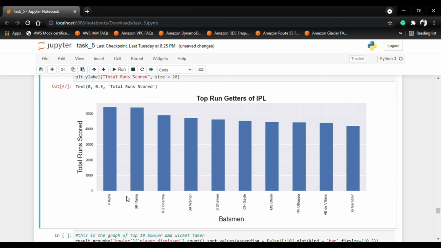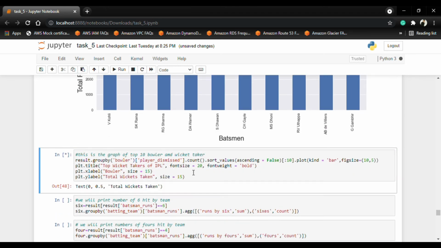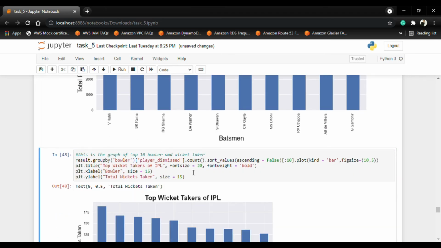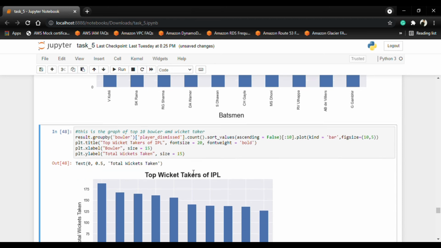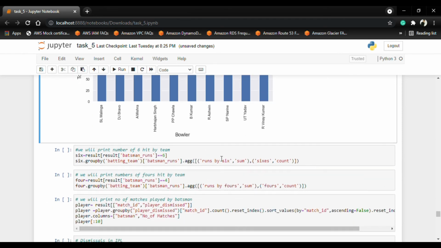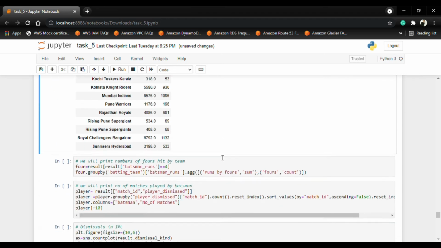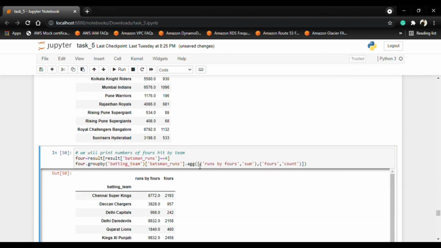Virat Kohli is having the first rank. In this graph, all the top bowlers and wicket takers. So Malinga is the top wicket taker of IPL. In this we will print the number of 6s hit by the teams, and similarly the number of 4s hit by the teams.